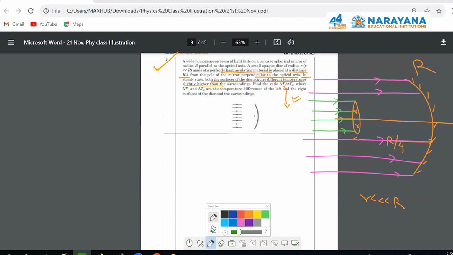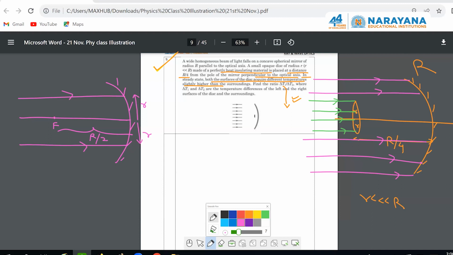Now, because all of them are coming parallel, if I would have drawn it separately, I would have given you a clear picture. This beam would have entered this point F, which is at a distance of R by 2 here. And you understand that you can only consider those rays which are above this radius, which is small r. Treat this value as small r. Consider only those which are above this, because the ones below will be absorbed by the left hand side. Now, technically, if nothing would have happened, they would have all reached this place, right? So all the radiation which is above this place also will finally reach this place. Now, what we are interested in here, if they are coming back from this height small r and hitting it at R by 2, and you sit at the midpoint,